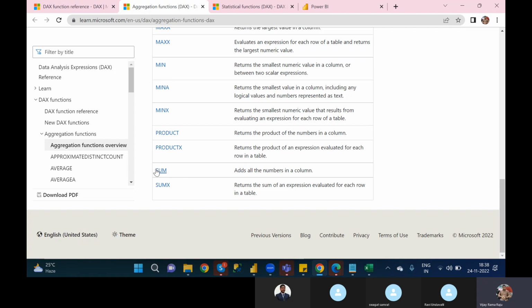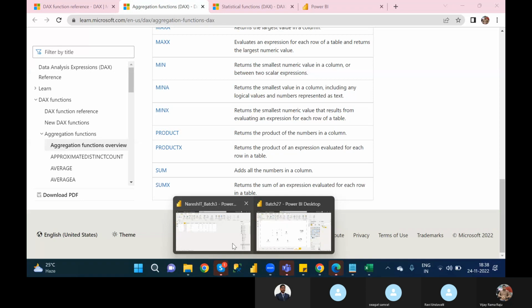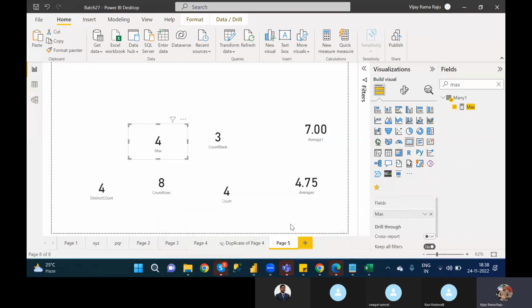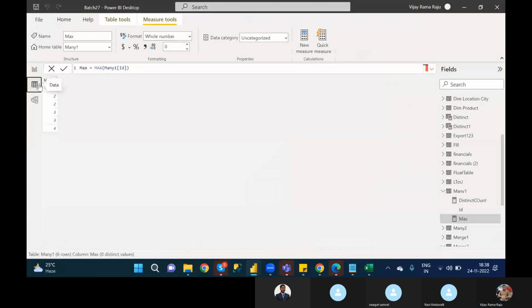Okay. Next one is PRODUCT, and PRODUCTX is not required. Next one is SUM and SUMX. That means it will calculate, on whatever column we pass, the sum of the values. For example, I need to calculate the sum on this particular column. Then what you need to do is